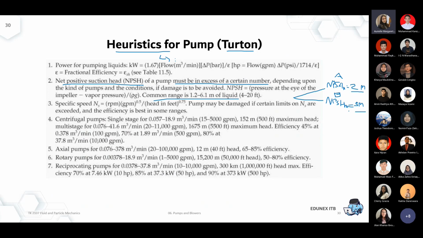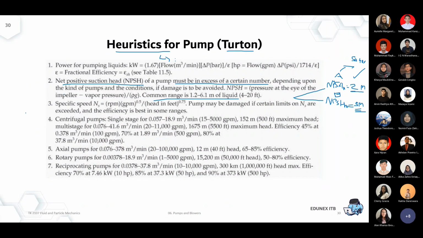Maybe A, sir. Yeah, that's correct. It's safer for you to buy the brand A pump, but most likely it will be more expensive compared to brand B. Because you just need to provide an available NPSH of 2 meters, 2.5 meters, and that will be enough to prevent cavitation. But when you use the same available NPSH and force it on the second brand, it will be a problem within a short time of operation.